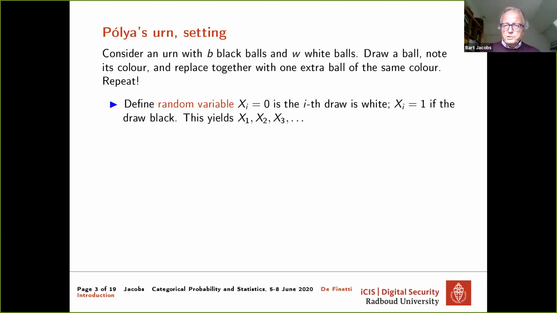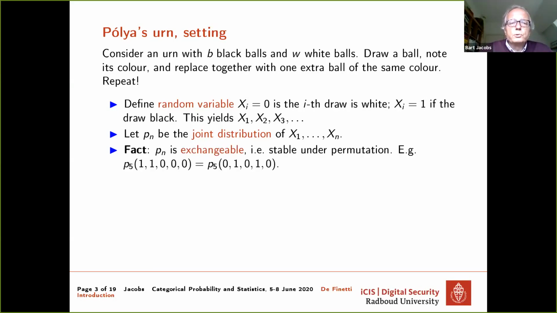And as you can imagine, because you add balls at each step, the probability distributions involved become quite interesting. Let's write P_n for the joint distribution of the first n random variables. There is an important property that these joint distributions have, that is exchangeability.